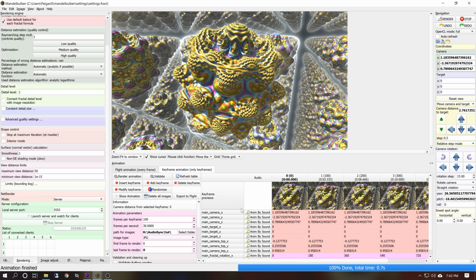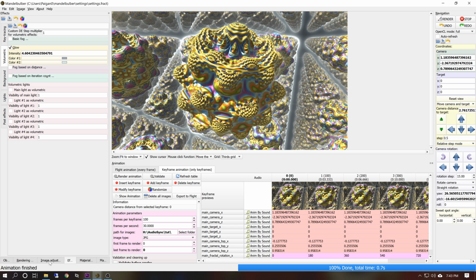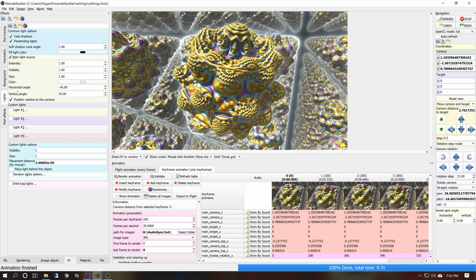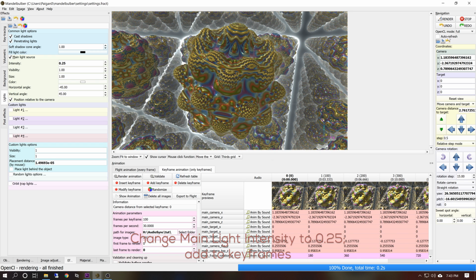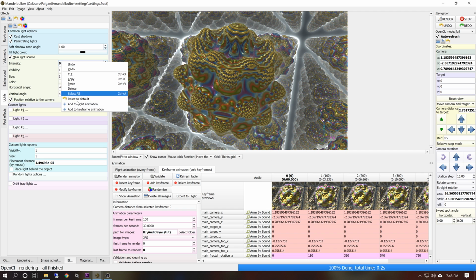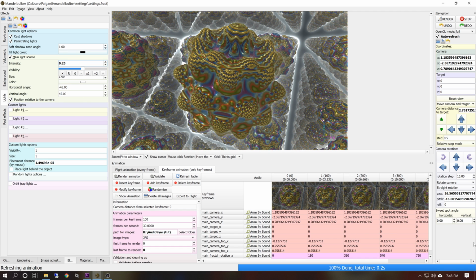Let's add main light intensity. Let's try that. Let's go over here to the light, and let me turn that down to 0.25. What does that look like? Auto refresh. Now let me add that to my keyframe animation,